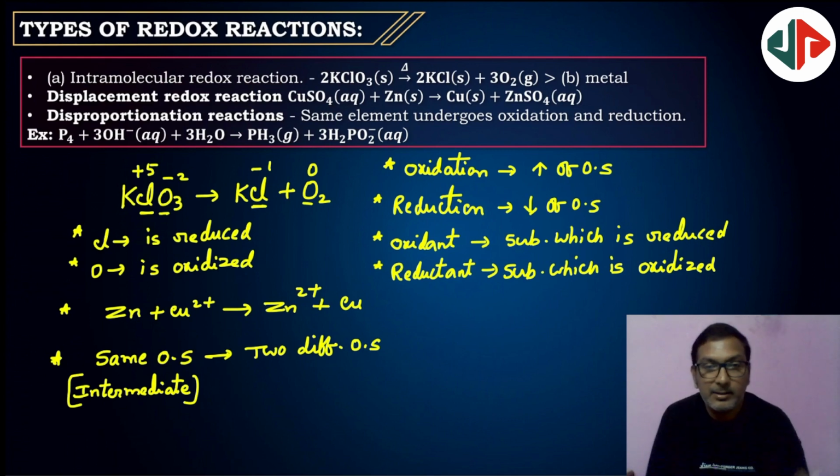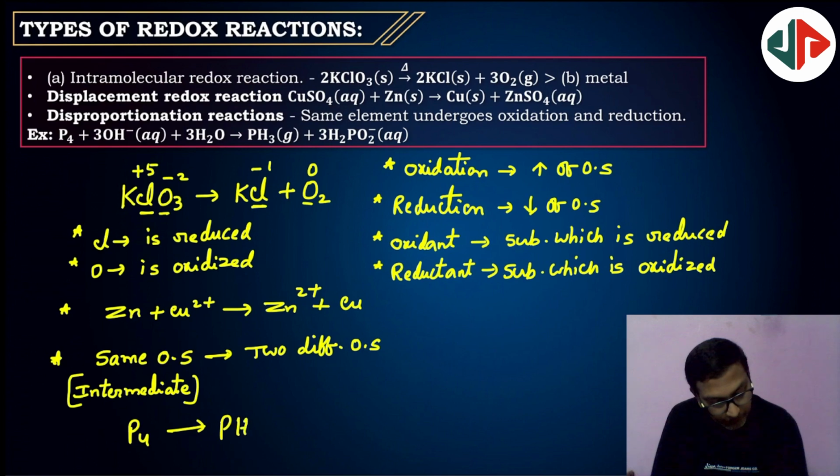That means one oxidation state will be divided into two different oxidation states. See here, the P4 example is given: P4 gives PH3 plus